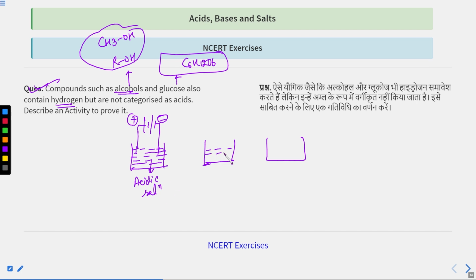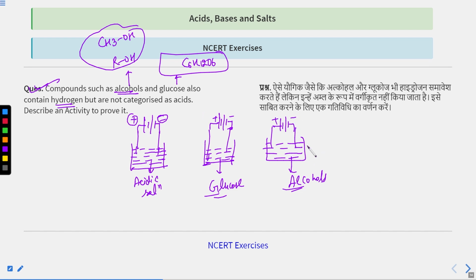Next time, the same setup, exactly the same, and take glucose solution, and next time alcohols. So you can see here compounds such as alcohols and glucose contain hydrogen but are not categorized